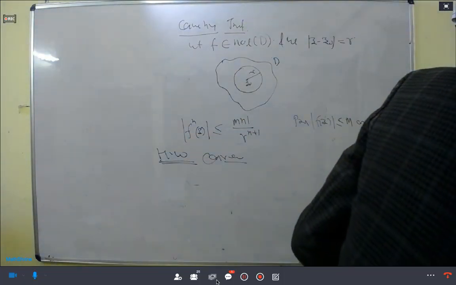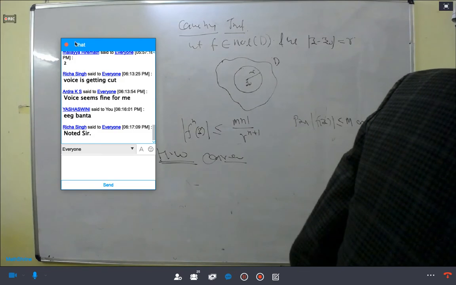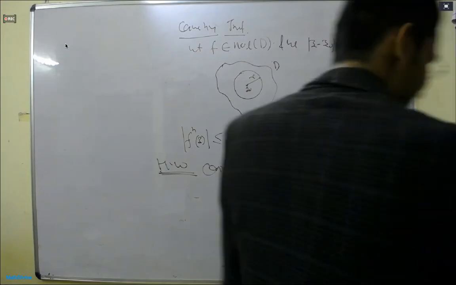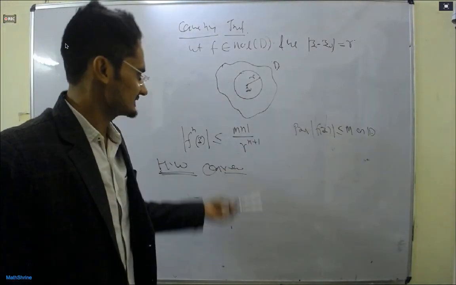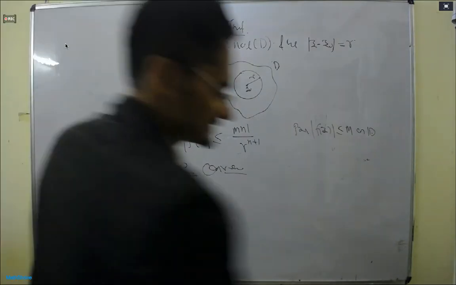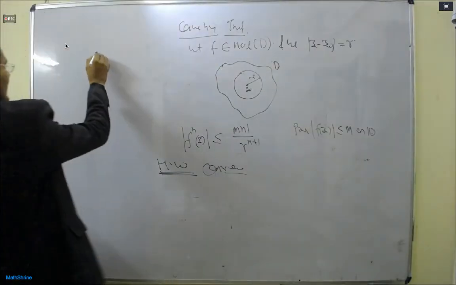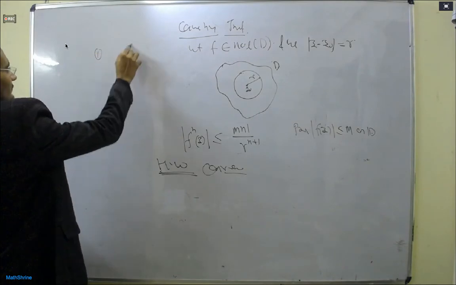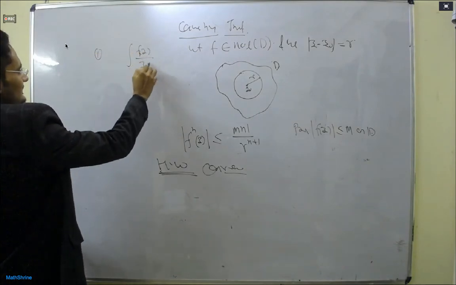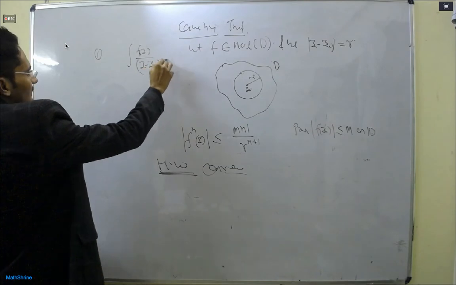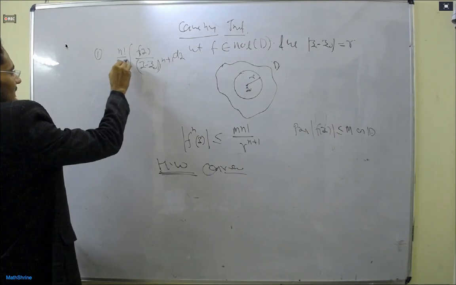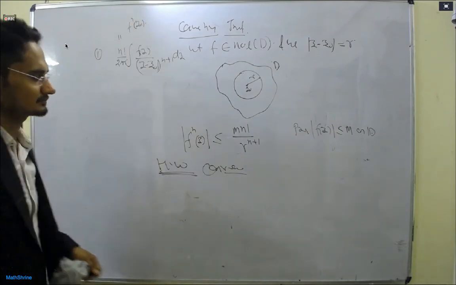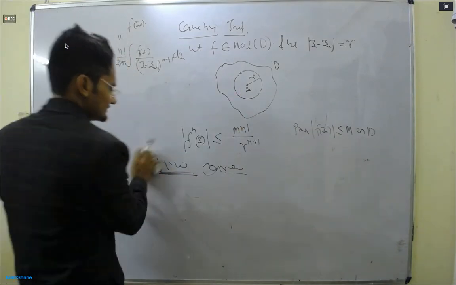So let us see. It's a very simple and normal proof, a one line proof. If you remember, the formula was f(z) upon (z minus z naught) power n plus 1 dz, times n factorial upon 2 pi i. This was your nth derivative at z naught. Take the center z naught. So we calculate f(z) over (z minus z naught) power n plus 1. Take the mod. This is already less than or equal to M.